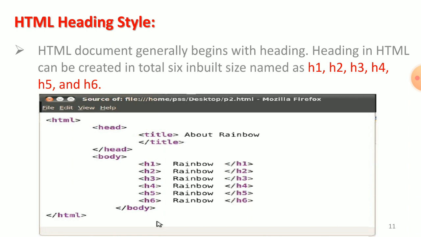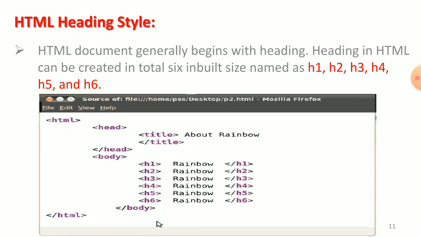Body part, body and /body, h1 rainbow and /h1, h2 rainbow and /h2, h3 rainbow and /h3, h4 rainbow and /h4, h5 rainbow and /h5, h6 rainbow and /h6. That is the heading style H1 to H6.